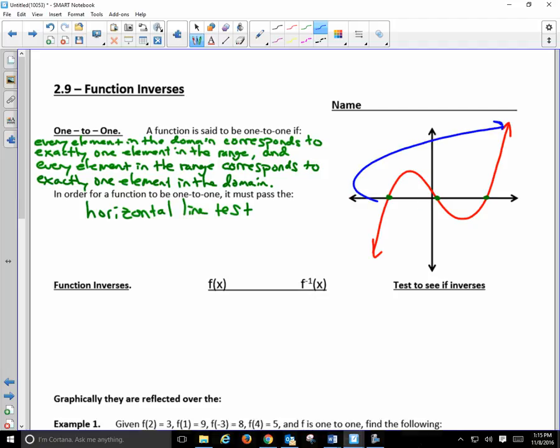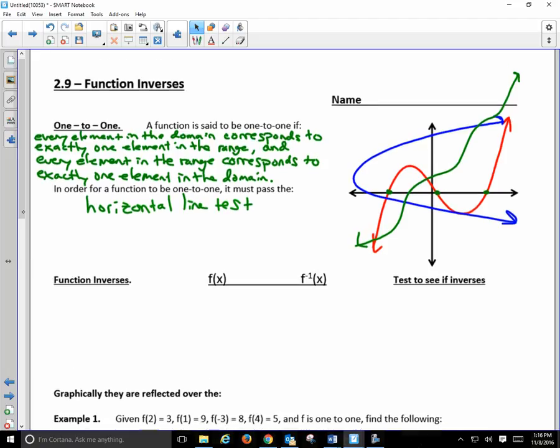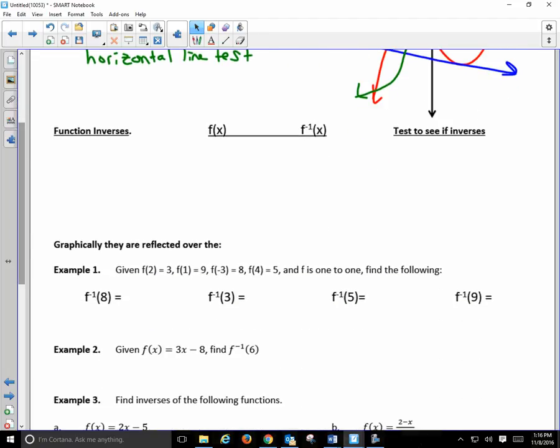So some people say, well, okay, so what about that? Well, that's not even a function. So we didn't even get past the vertical line test, did we? Okay. So, maybe something like that. Okay, that's one-to-one. Passes the horizontal and the vertical line test. If functions are one-to-one, they have an inverse that we can find without much of a problem at all. Okay? Function inverses